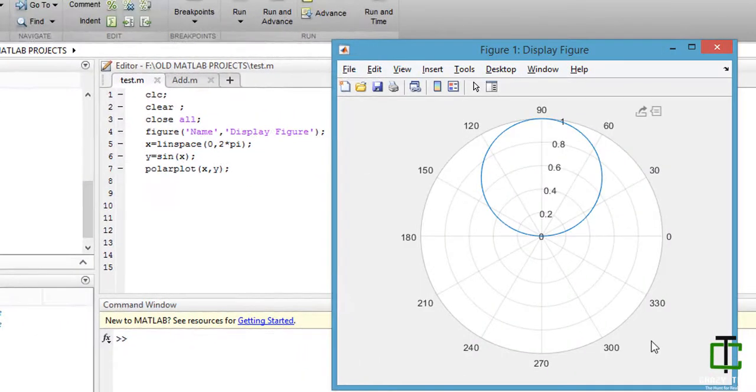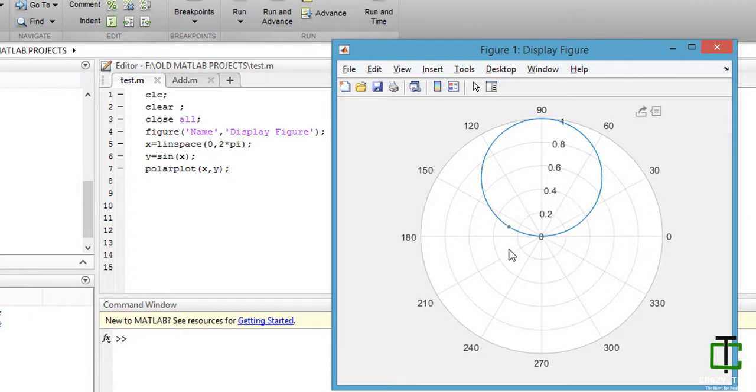I think you have, as a communication student, seen this type of plot before, in which we are dealing with angle and its magnitude. So let me describe briefly what this plot is about. This is your x-axis, which is 0 degree.